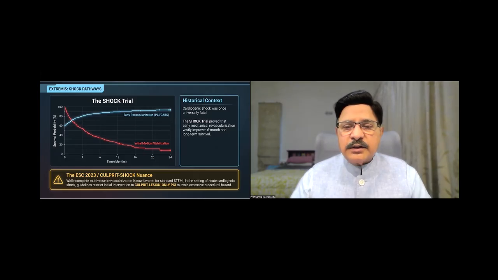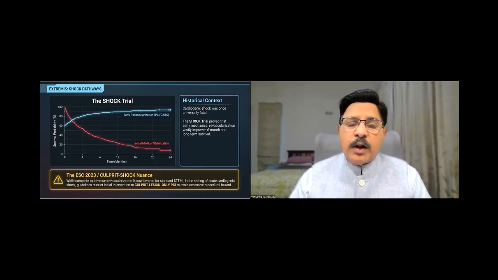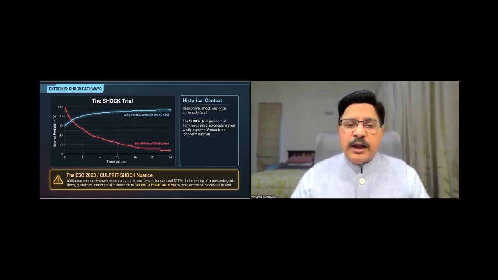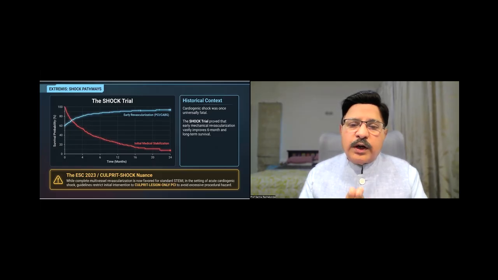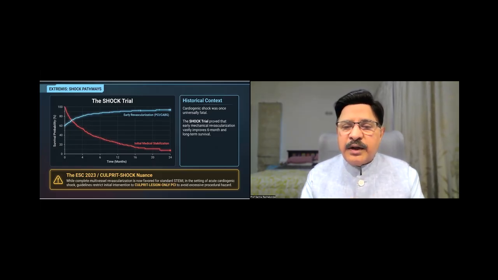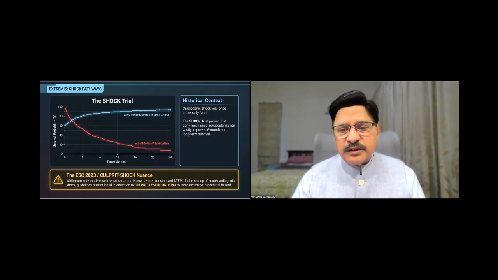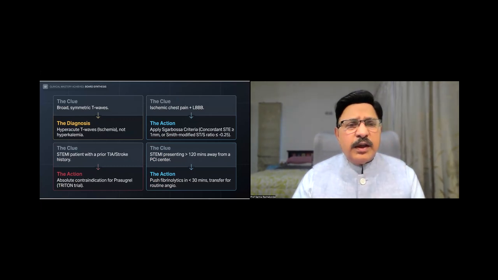The answer is, if he does not have acute cardiogenic shock, you can attempt to relieve all the 3 blocks or 2 blocks. But if the patient is in acute cardiogenic shock, restrict the procedure only to the culprit vessel treatment. And the remaining 2 or 3 or 4 blocks can be taken up at a later stage in an elective way within 1 week or 10 days. This is the teaching. Now, you see here,